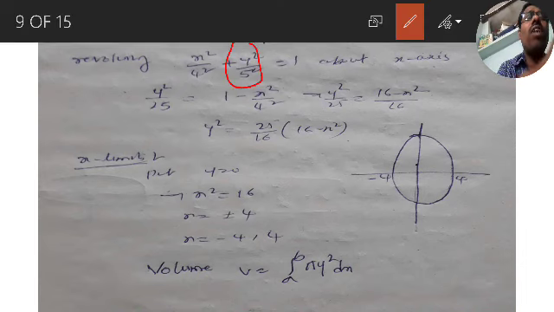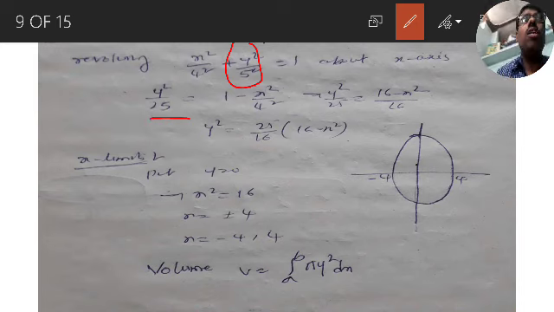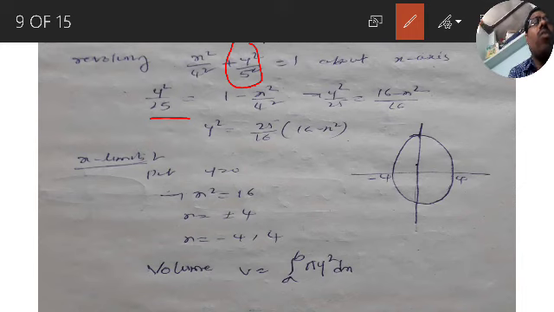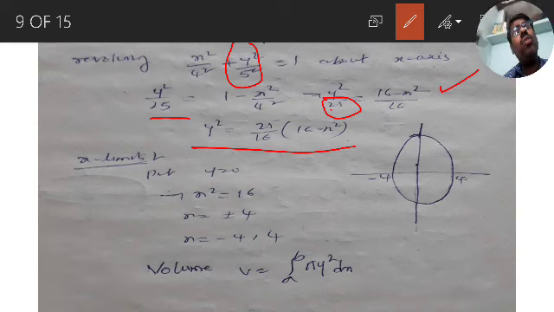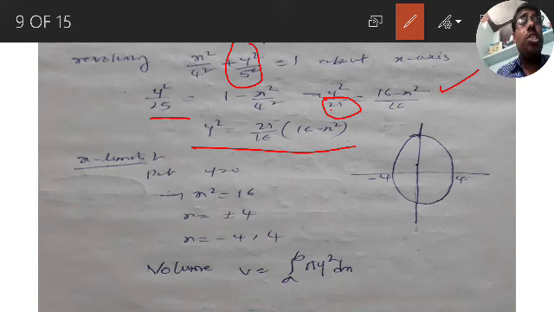So let us find y square. y square by 5 square, that is y square by 25, is equal to 1 minus x square by 4 square. That is y square by 25 is equal to the LCM 16, 16 minus x square over 16. So 25 is a constant, if it comes off, it is multiplied. So y square is equal to 25 by 16 into 16 minus x square. Now we got y square: y square is equal to 25 by 16 into 16 minus x square.